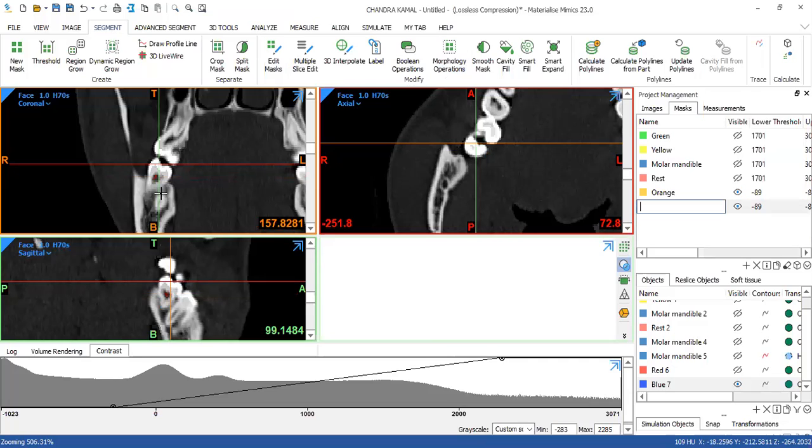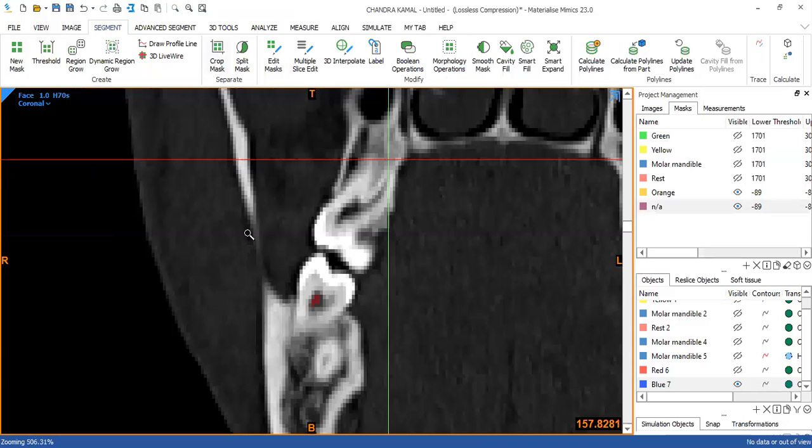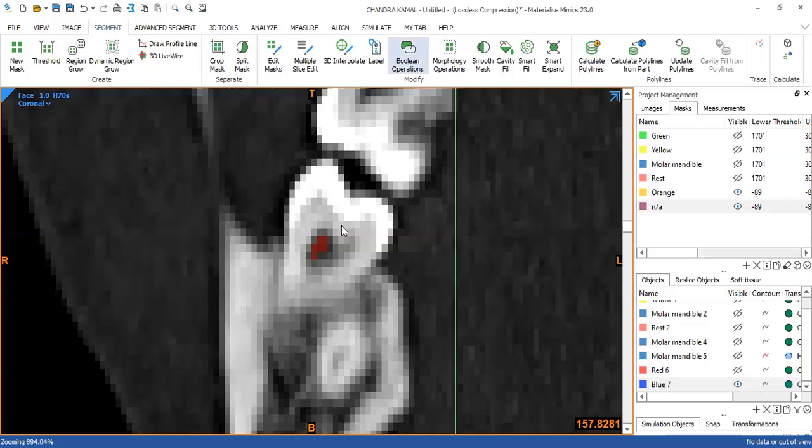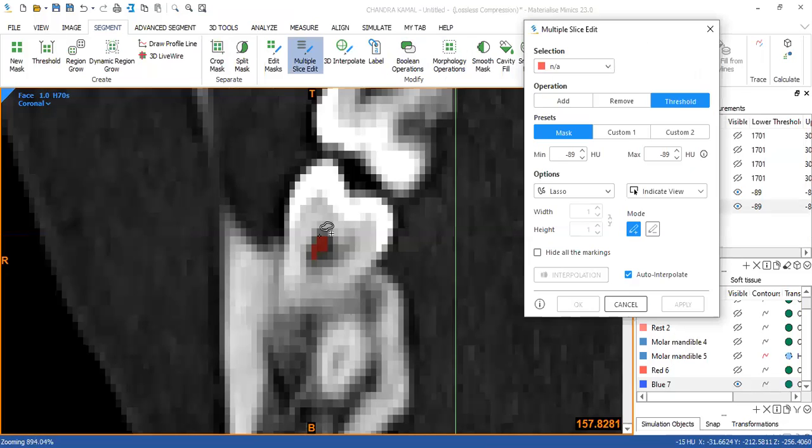I'm going to zoom in on the coronal and, using multi-slice edit, threshold. This is minus 89 left, or max B 15. Let's try and reach out.